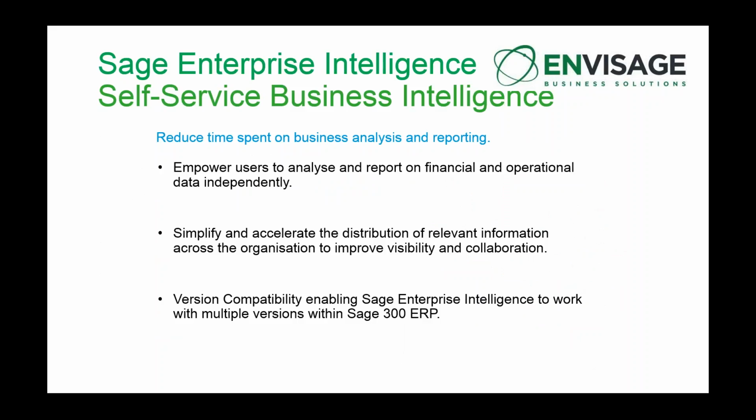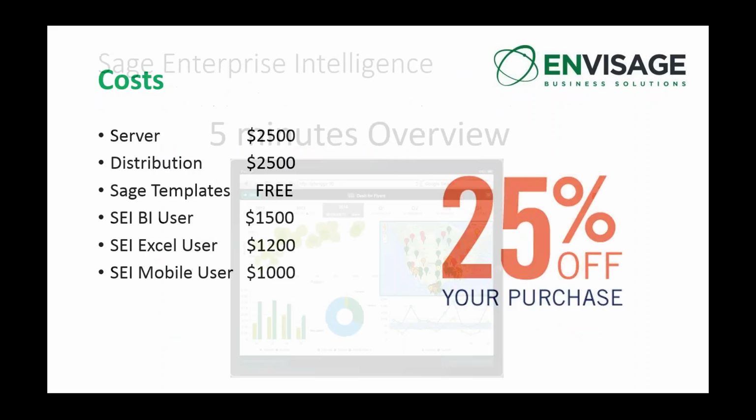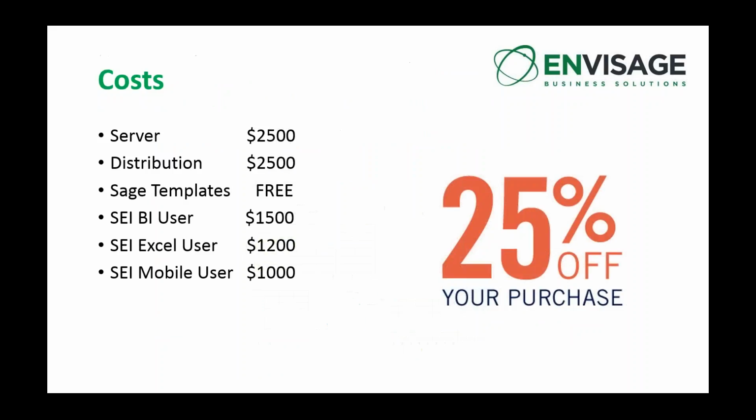Okay, we've talked about a lot of those. So when it comes to cost, we'll just have a quick look at this cost and then we'll go into a demonstration in a moment. So you're looking at a server component of about $2,500 to purchase the Sage Enterprise Edition module. Then, if you wish to do emailing and distribution, you'll be looking at around another $2,500. All the Sage templates do come with it for free, so that's good. And then depending on the users that need access to the system,